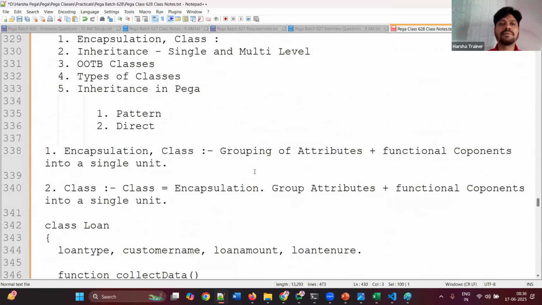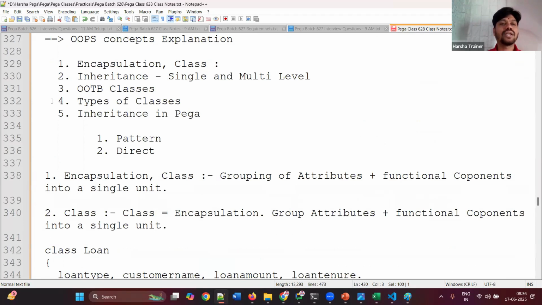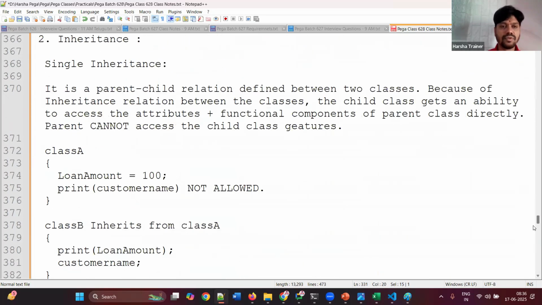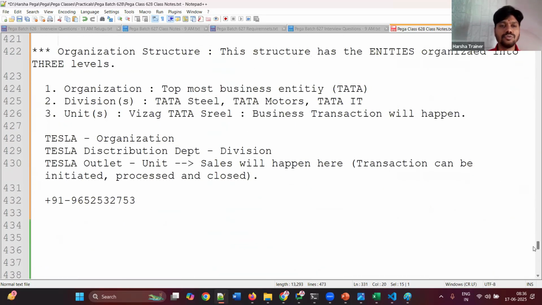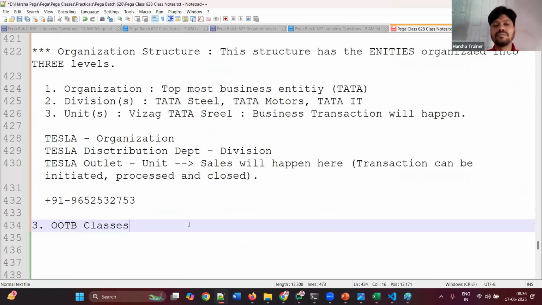Next universal concept in programming language. One more thing is there: OOTB classes. I will take it. See, let's relate the things to Pega OOTB. You know what you mean by OOTB? What do you mean by OOTB? Out of the box classes means